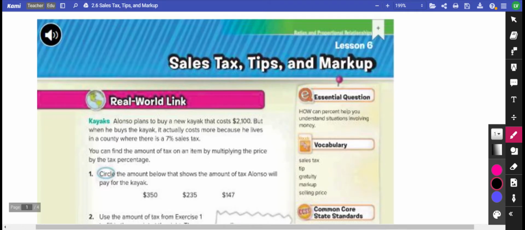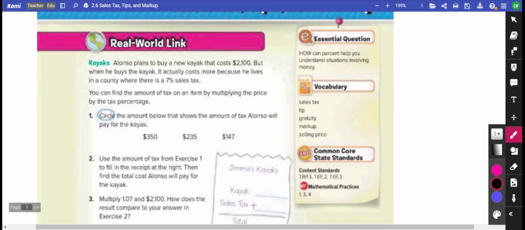Alonzo plans to buy a new kayak that costs $2,100. But when he buys the kayak, it actually costs more because he lives in a county where there is a 7% sales tax. You can find the amount of tax on an item by multiplying the price by the tax percentage. Number 1, circle the amount below that shows the amount of tax Alonzo will pay for the kayak. Is he going to pay $350, $235, or